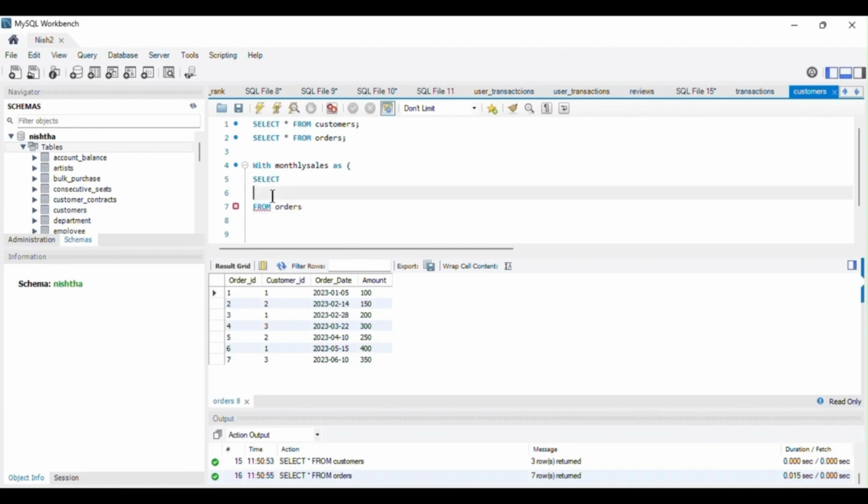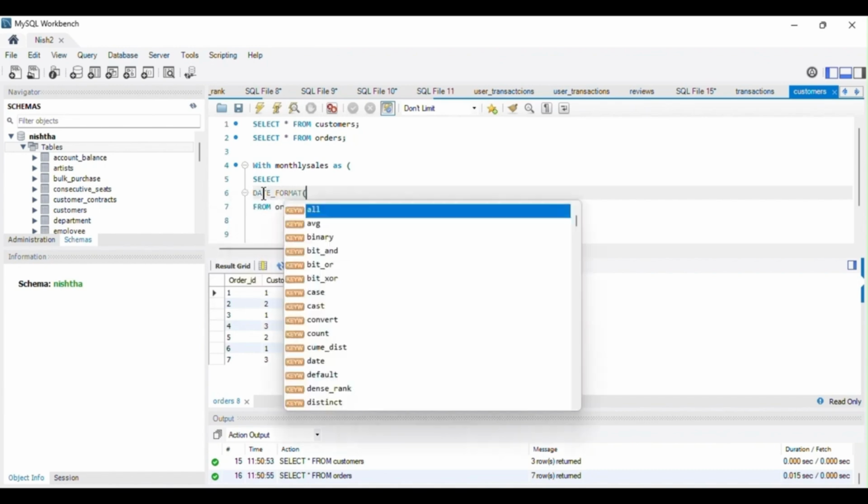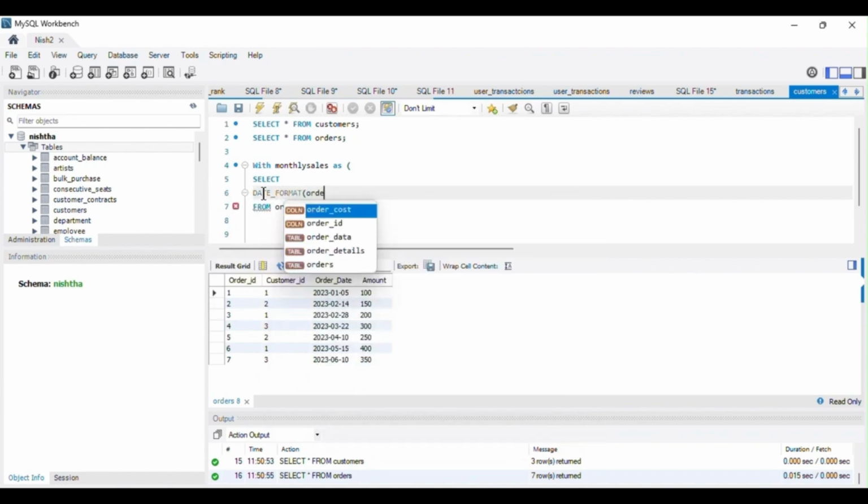So as I said, here we will be using date format function on the order date column to extract just the year and month from the order date, because we don't need the exact date. We are only dealing with the month and the year. So to do that, let's just make use of date format. So date format on order date column,